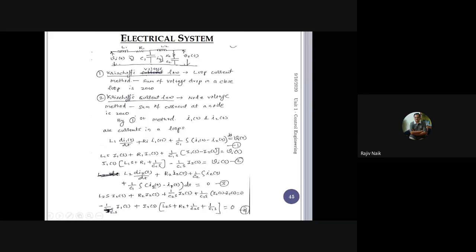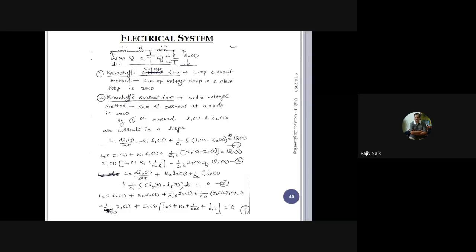So I want I2, which means in the numerator I have to write the coefficients of I1 and the right hand side of the equation. And in the denominator I have to write the coefficients of the two variables, I1 and I2. Because there are two equations, there are 2 rows and 2 columns. It will be a square matrix or square determinant.